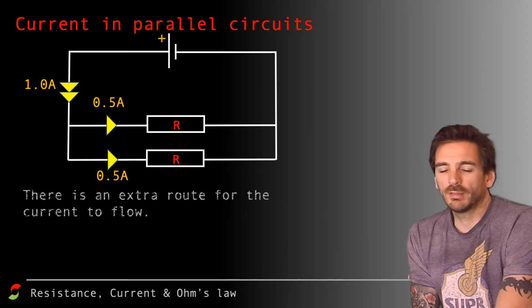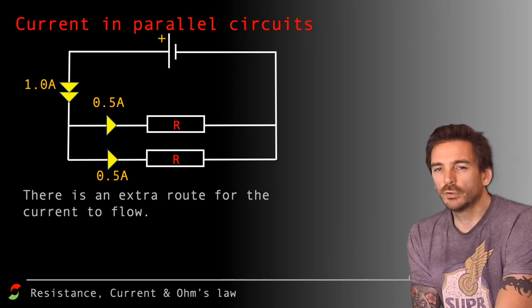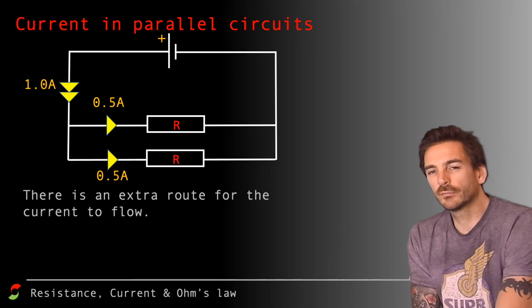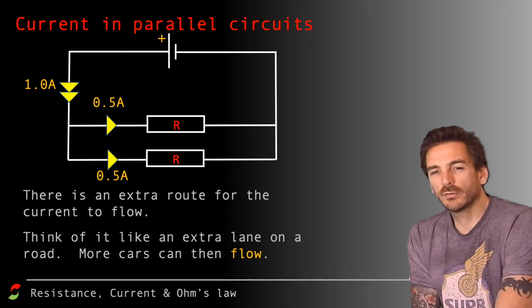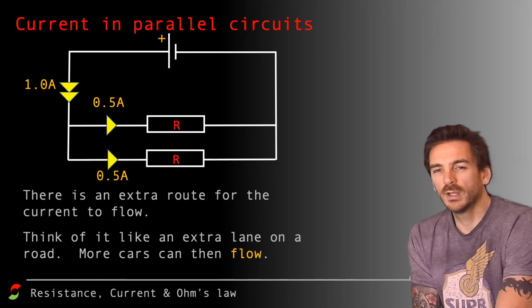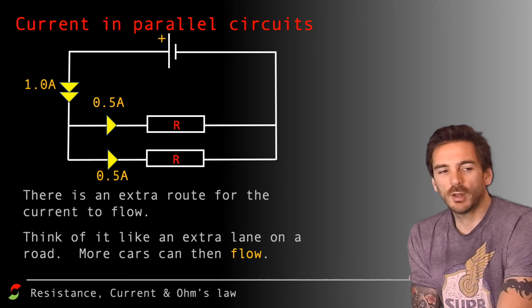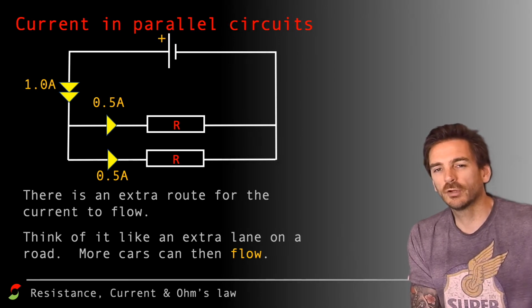Think about that in terms of routes. There's an extra route for the current to flow. And if you like, think about it in terms of road surfaces. So if you've got a road and there's a certain amount of charge flowing,